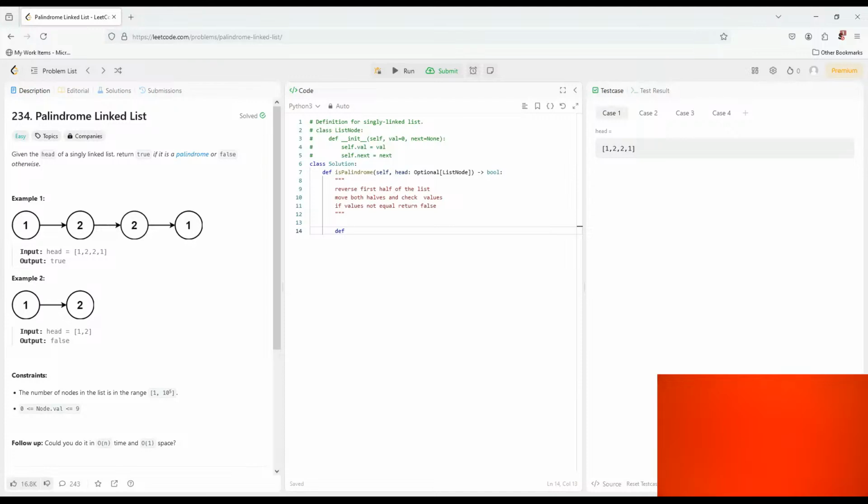So first, let's declare fast and slow variables pointing to head. And we need previous pointing to None for reversing. And we can say while fast and fast next, what we're gonna do, we gonna slow